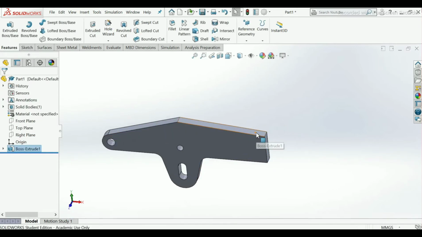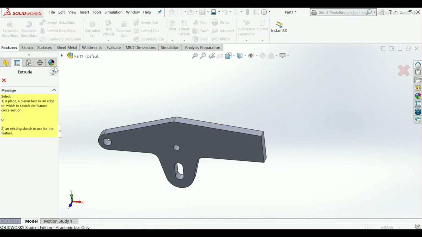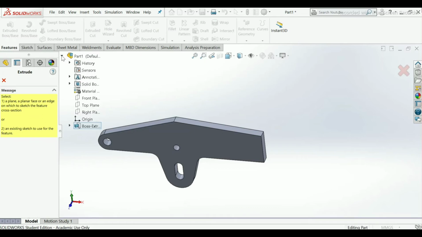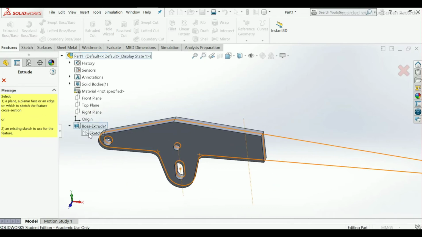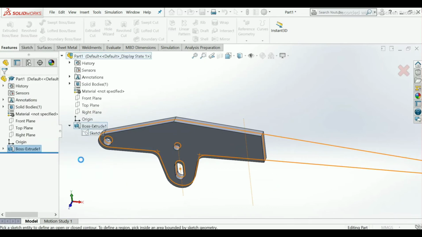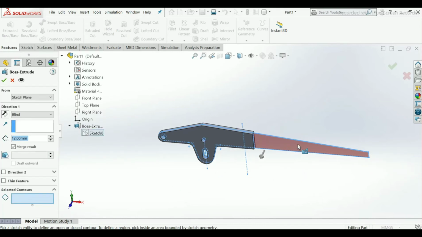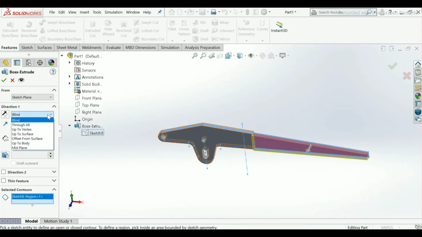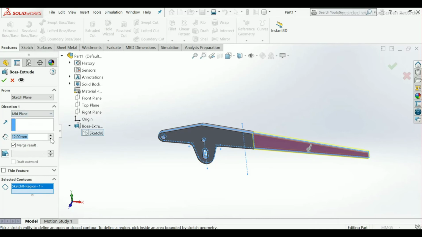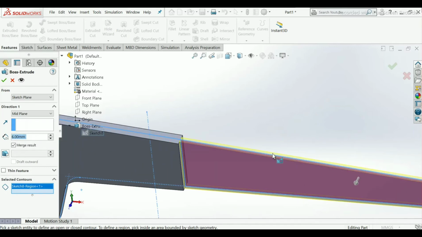Okay, now again go to boss extrude, under scroll, select the sketch. Now this time select this sketch, end condition will be mid plane. Now this time take depth as 6 mm. Okay.